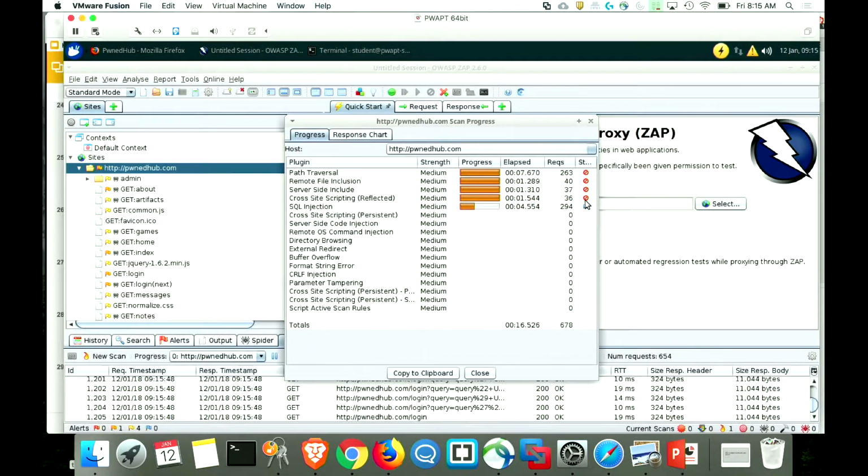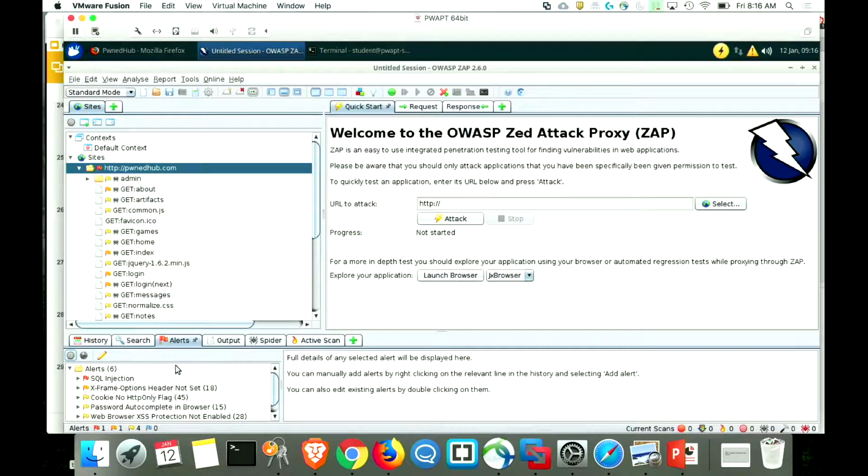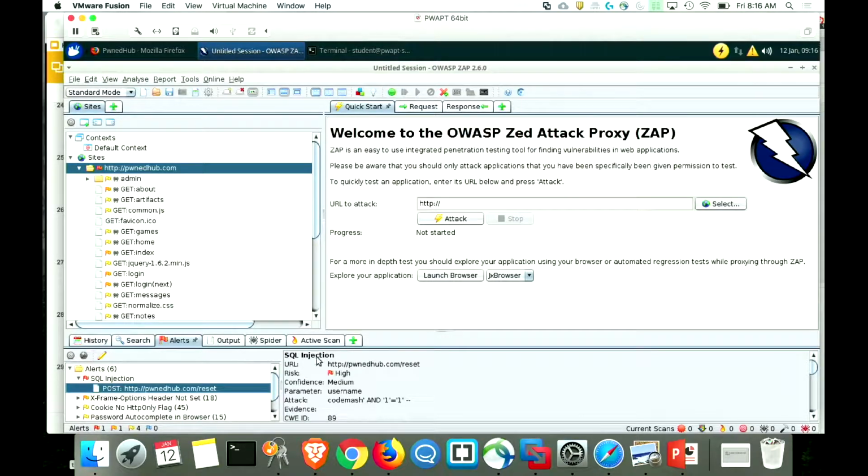This is an intentionally vulnerable application as part of Tim Tom's Practical Web Application Penetration Testing course. And I like doing the SQL injection part here because I want to make a point about dynamic analyzers because we've kind of talked about the same with static analyzers. So if you go to the alerts page here, you're going to see all your actual findings. You can see I have SQL injection.